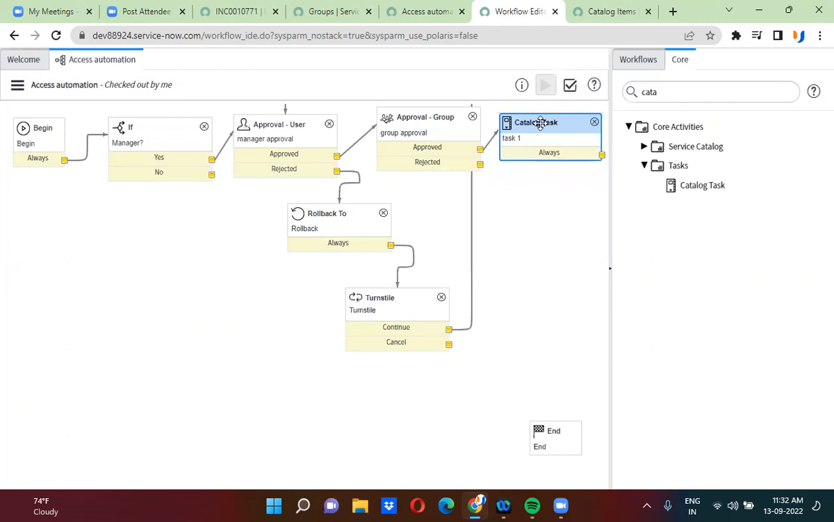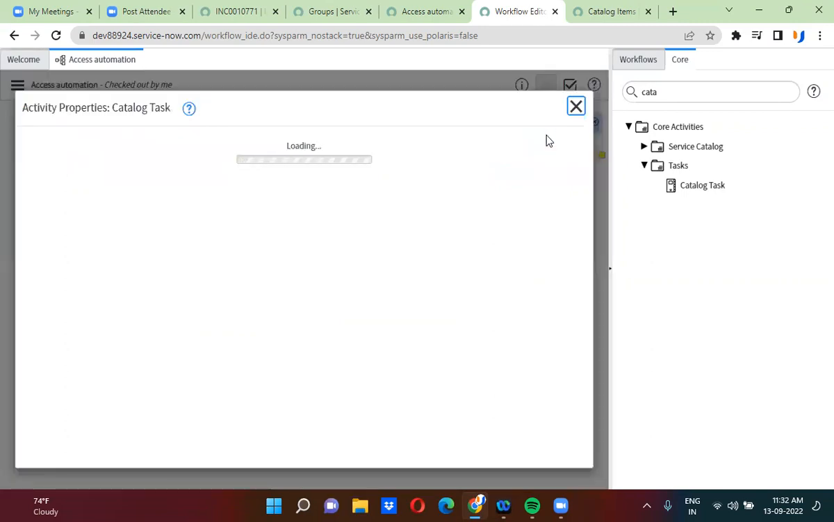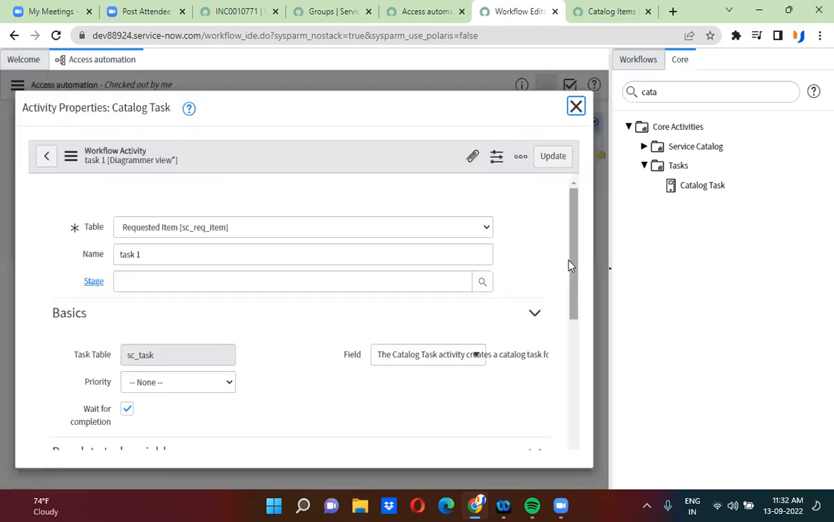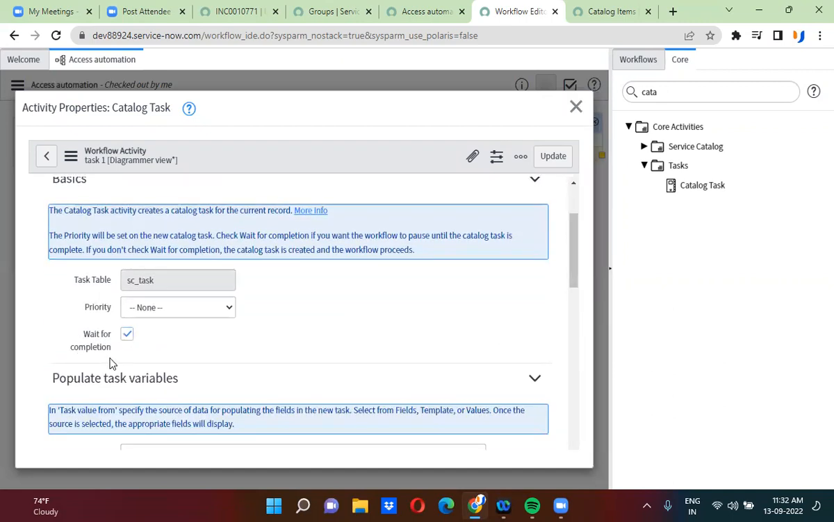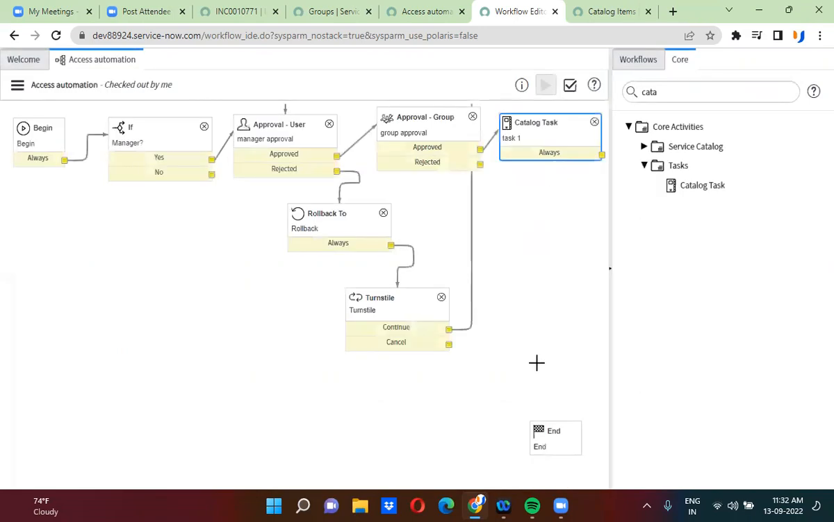Okay. So here in the catalog task, right? Here in the catalog task, we have actually wait for completion field. So what exactly does it do? It will actually wait till the task closure. So that is why we have actually selected wait for completion. So once this task is closed,